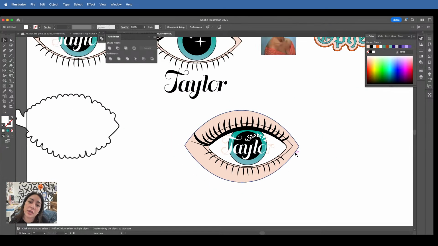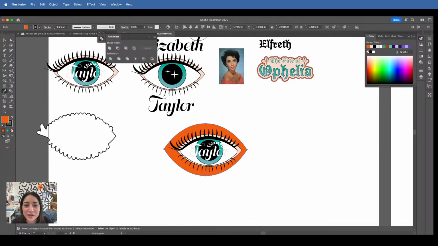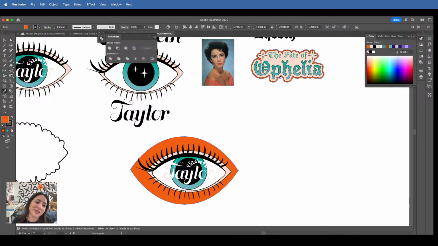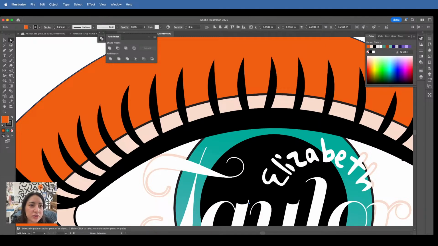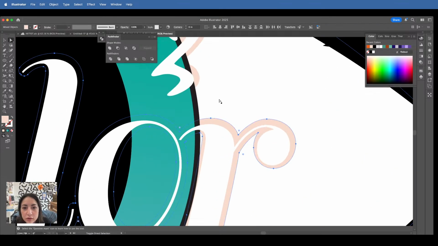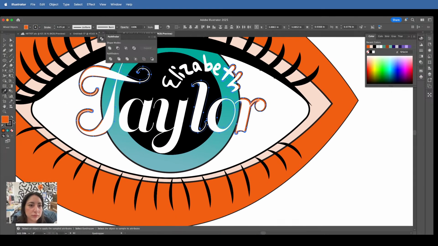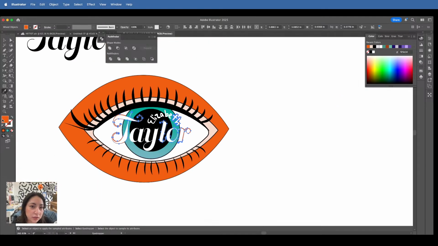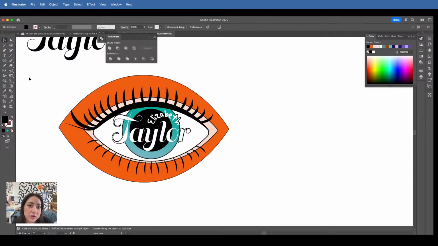Actually, that's pretty. It's kind of pretty. I was thinking that it would be the orange, but now there's something. Oh, wait. What if this is the orange? And it really only has to be these. Or should it just be black? Maybe it should just be black and we call it a day. And that's fine. You know?